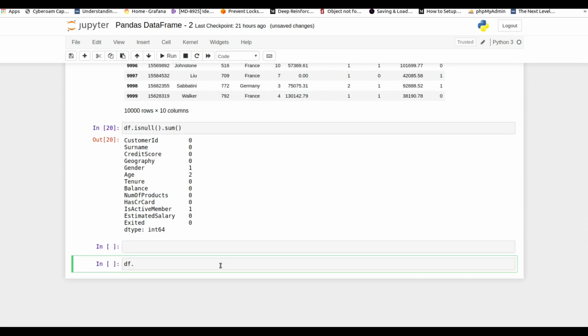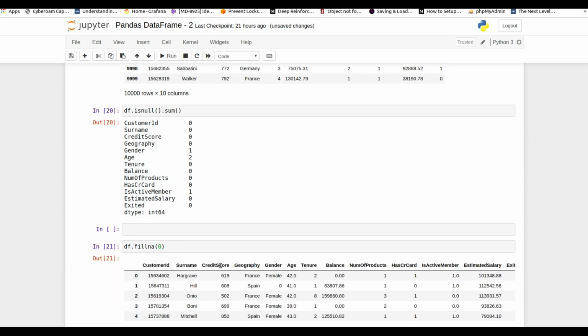You just need to write it like this, fillna, and if you do it this way, it fills all the NaN values of the data range. Means in all the columns where NaN is present, it fills it with the value we provide.